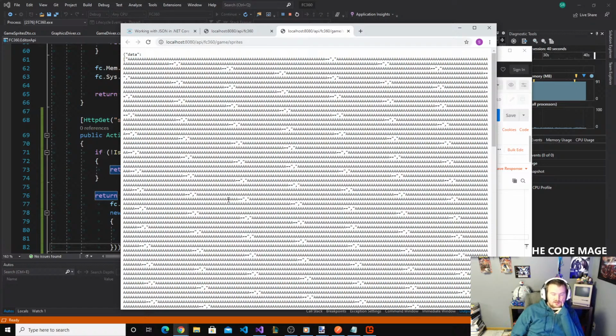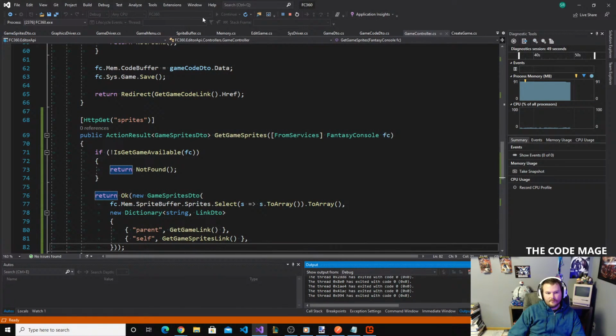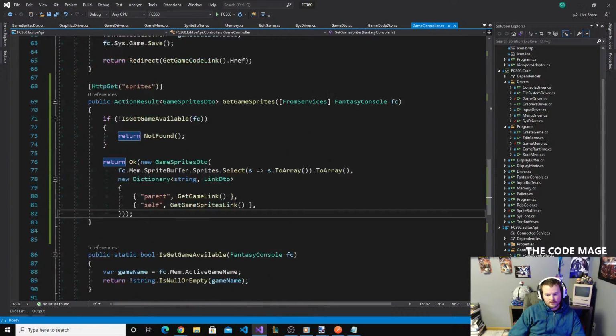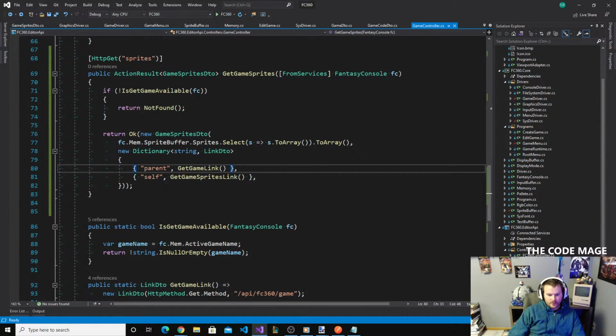So if I want to make this so that it's actually an array, I'd have to make it like an integer array to make it cleaner looking. Or I could do a short array if I wanted to, but